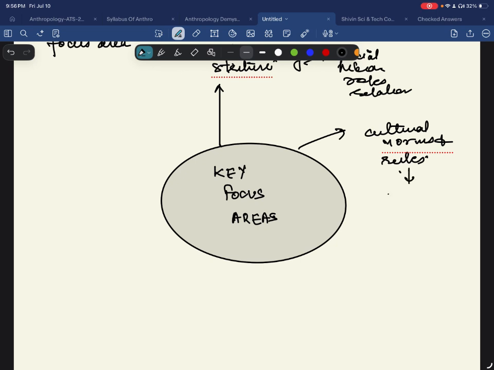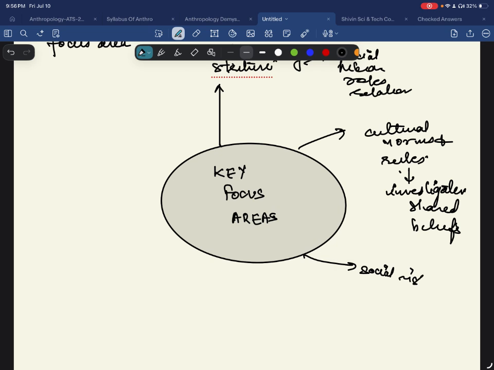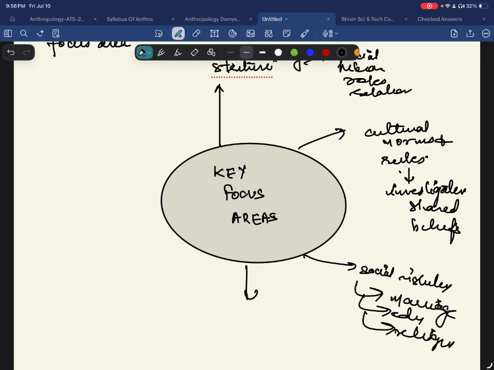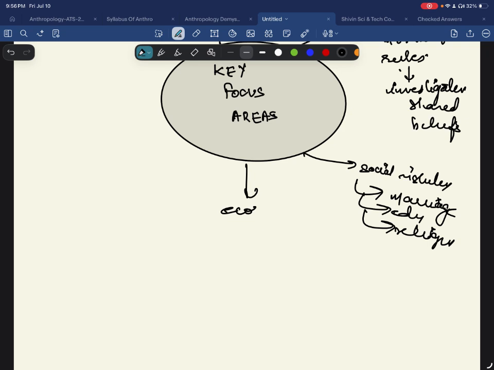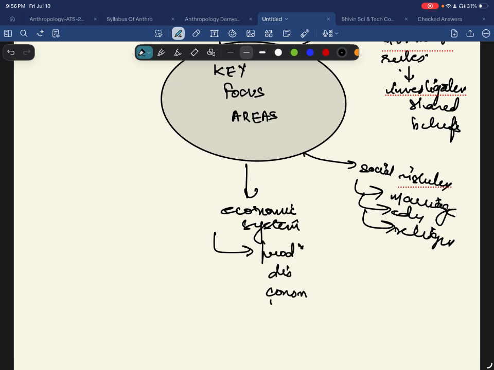कि हमने क्या करना है, कि इन्वेस्टिगेशन है शेयर्ड कल्चर, शेयर्ड बिलीफ्स की। ओके, देन हम सोशल इंस्टीट्यूशंस की बात करते हैं। इसमें क्या आ गया आपको, यू वेरी वेल नो दैट, मैरिज आ गया, एजुकेशन, रिलीजन आ गया इसमें। ओके, देन इकोनॉमिक सिस्टम्स की बात करेंगे। इकोनॉमिक सिस्टम्स का फोकस एरिया है, जिसमें हम प्रोडक्शन की बात करते हैं, डिस्ट्रीब्यूशन की, कंजम्पशन की, स्टोरेज की।